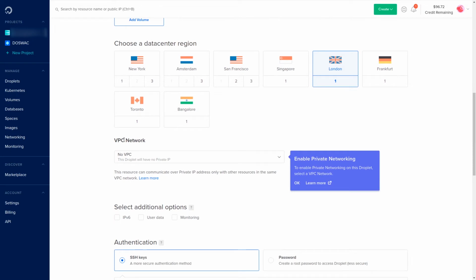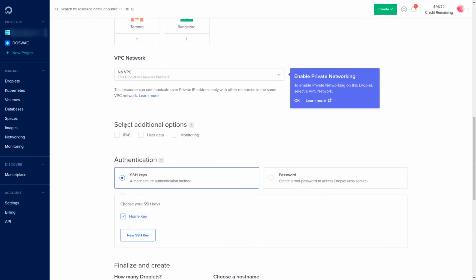VPC network or virtual private cloud network is best if you have multiple servers in the same region to communicate with each other securely and privately. For now, we don't need it. We will learn it in detail in another tutorial. We also have some optional additional options to enable. If you need IP version 6 on your server, then enable the IPv6 option, so you can also get an IP version 6 address for your server.